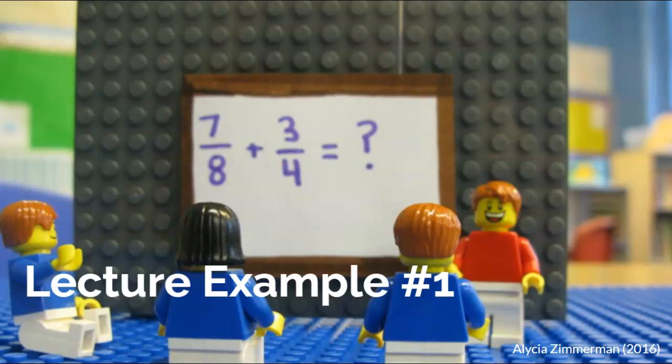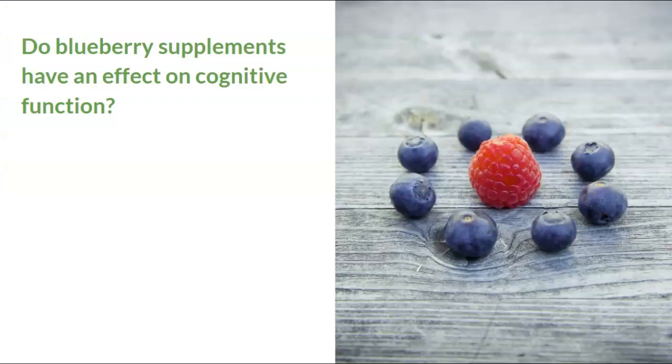Lecture example number 1 this week was a two-tailed hypothesis test. Let's review the results of this test. Lecture example number 1 asked the question, do blueberry supplements have an effect on cognitive function? To test this question, a nurse practitioner asked one patient, or a sample of one person, to take the blueberry supplement for 6 months. After 6 months, the patient scored X equals 92 on the Wonderlic Cognitive Ability Test, which